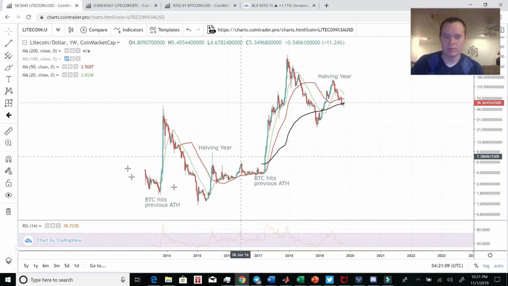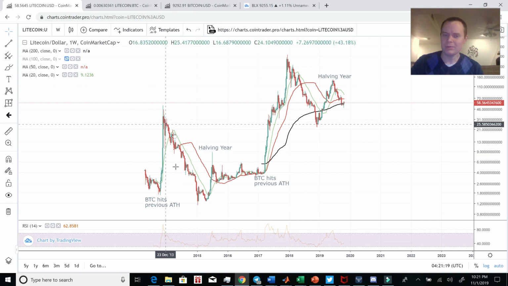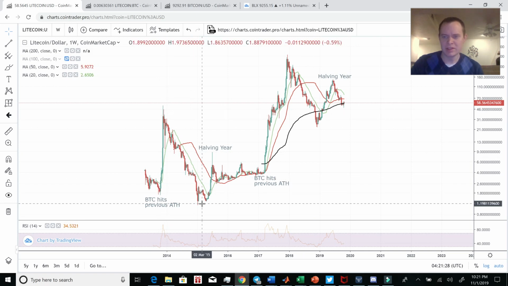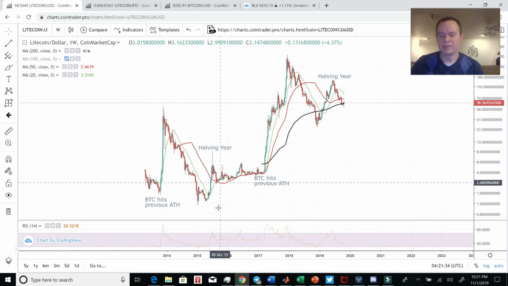So remember, in October, November of 2013, once Bitcoin reached its previous all-time highs, Litecoin had this spike with respect to US dollar. After that, it typically falls, and it did it over here too. So after you see this spike, then we see this long retracement during a bear market. Okay, following this retracement, we get to the halving year. So the first